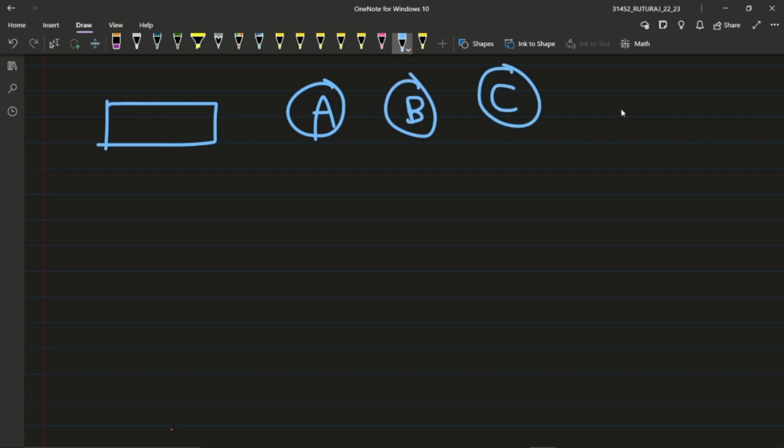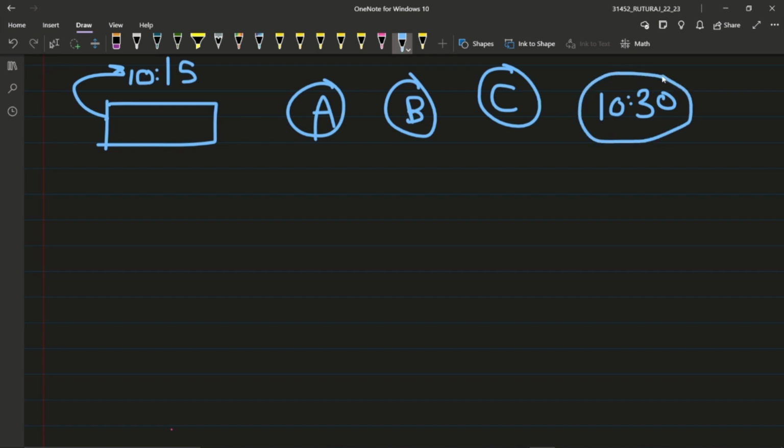The current value of time, the one value of time which is standard, is 10:30. But my clock has the clock value of 10:15. It means that my computer thinks the time is 10:15, but the actual time is 10:30. And what we see is we have a relation between these processes. First A will occur, then B will occur, and then C will occur. These are just certain dummy processes. So I have this relation between them.